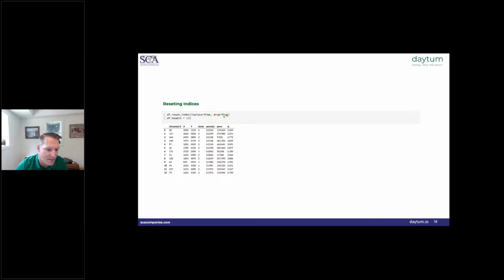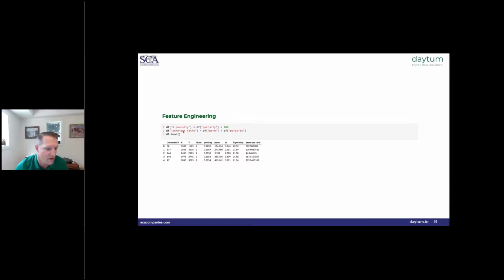In this case, the drop command ignores the fact that there was that missing row that we dropped and continues to just number them monotonically increasing from 0 to 1. So if you did not put the drop in there, this would say 0, 2, 3, 4, just like before. In other words, because we dropped that row that was originally labeled 1, we have to call this drop equals true so that we get this monotonically increasing set of integer indexes.